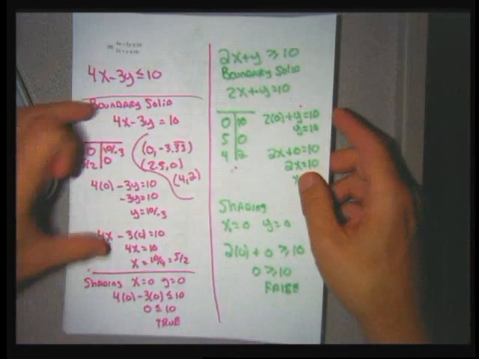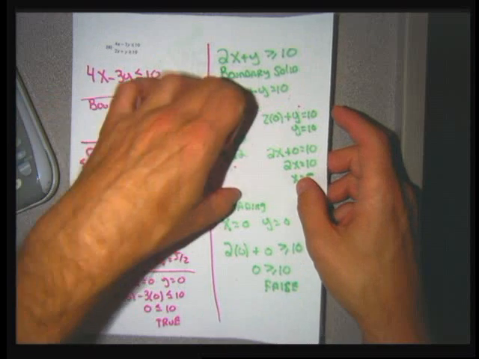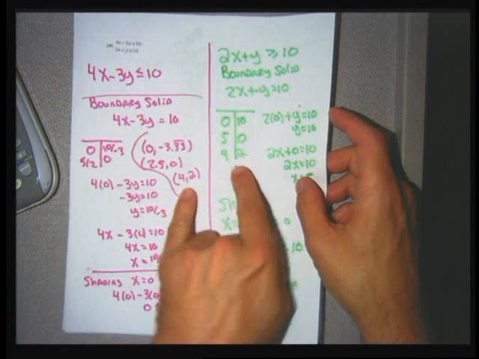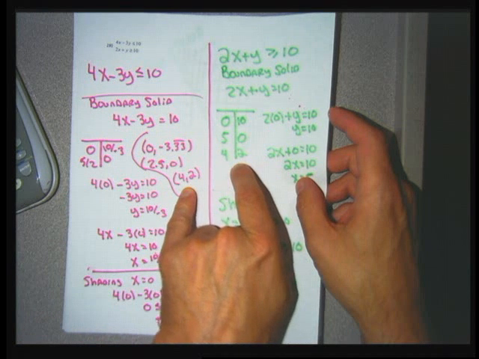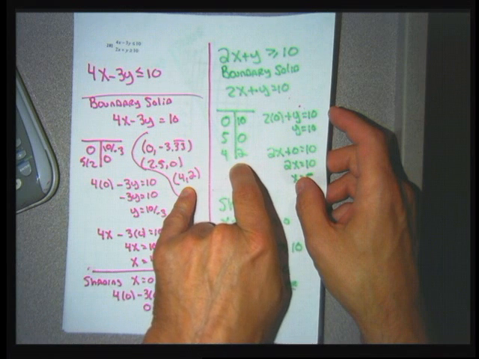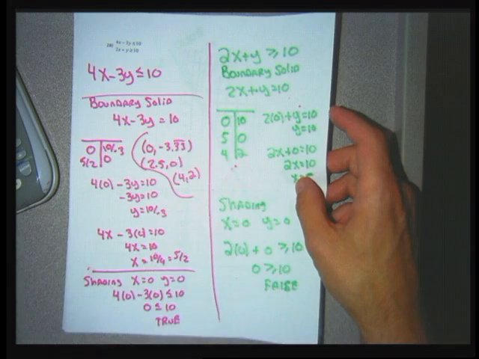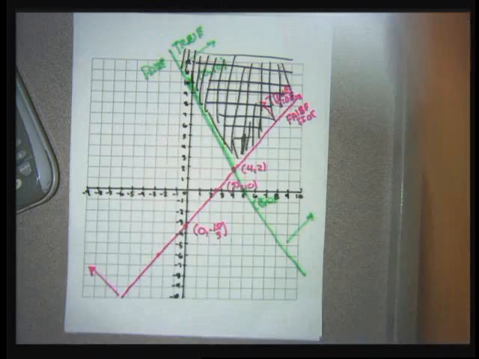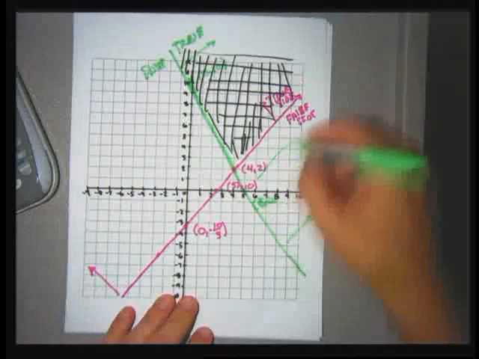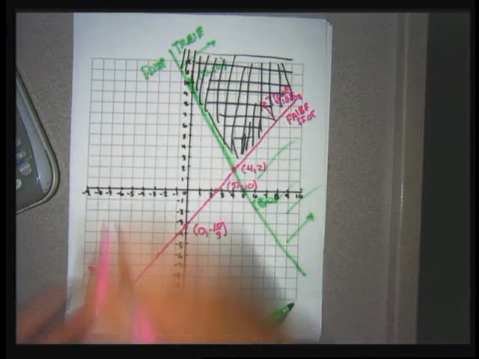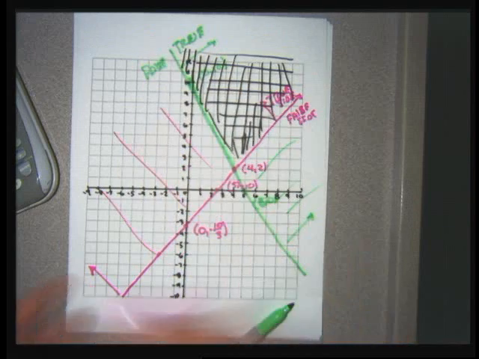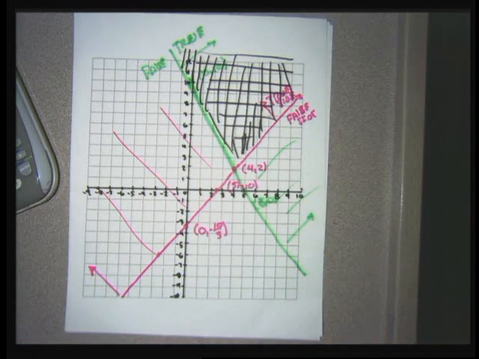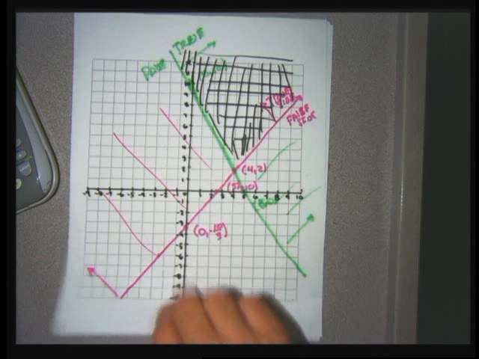So I found the x and y intercepts of each, graphed each with solids, also found the points where the two graphs cross, and figured out which side was the true side of each line, shaded the true sides where the true sides overlapped. So rather than having my green graph show this shading and the pink graph show this shading as well, I only showed the shading where the graphs' shadings overlapped,